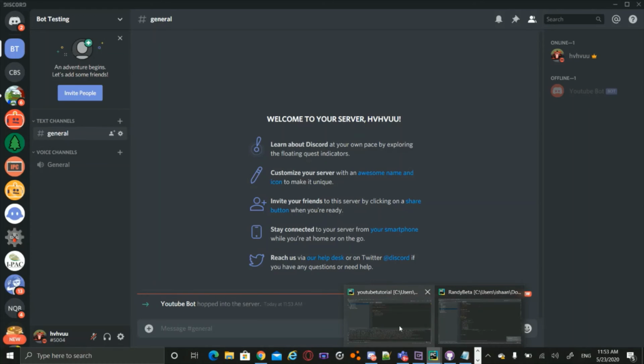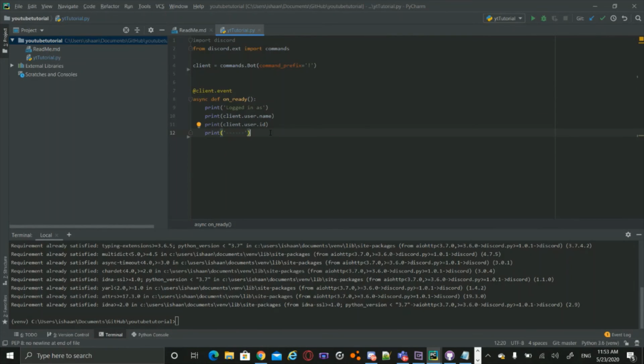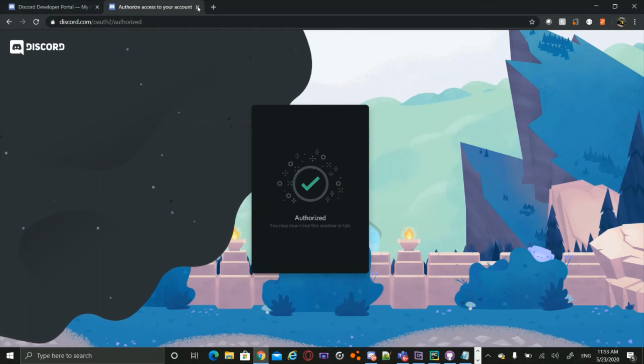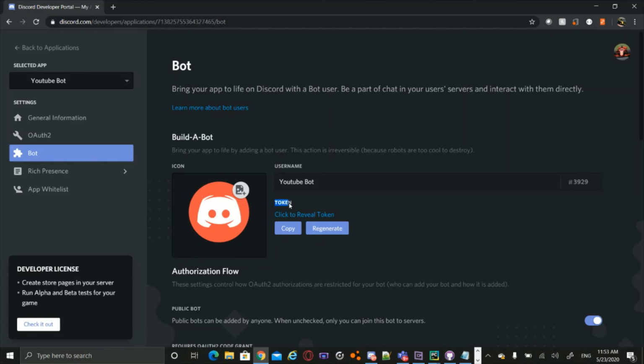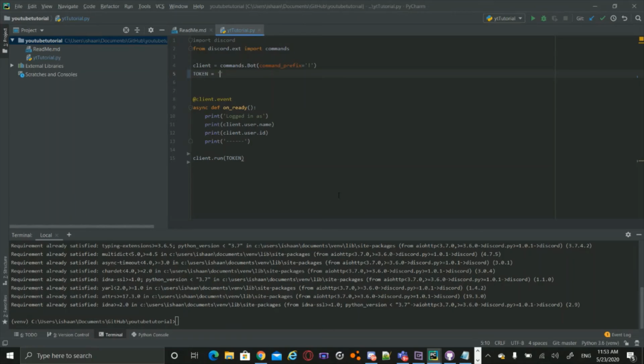Now if we go back into our code, we have to get a token. Client.run token. And how do we get the token? The token is very important. Remember what I told you earlier about the token? What we can do here is say token is equal to that. If we go back here, we can close this. If we go into bot once again, you see this token, you click copy, and it copies it into your clipboard. You can just paste it right there. Wow, look at it. It's a bunch of letters and dots. Very good. So now if we click run,